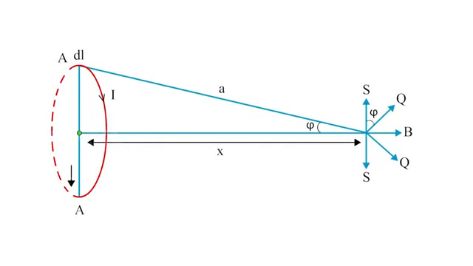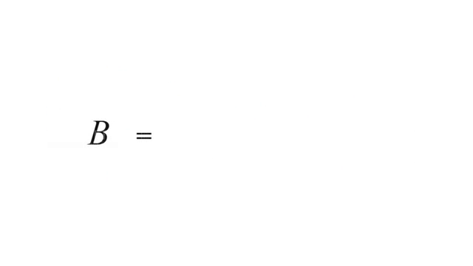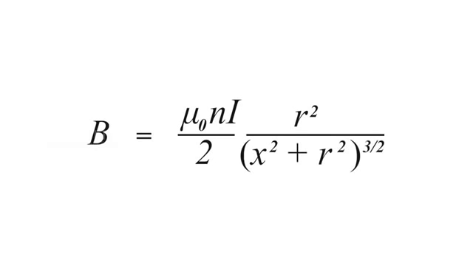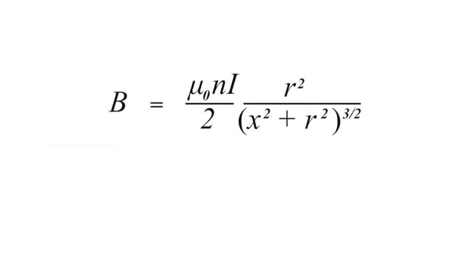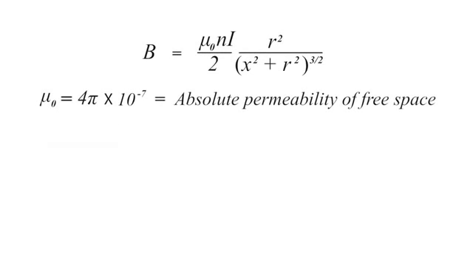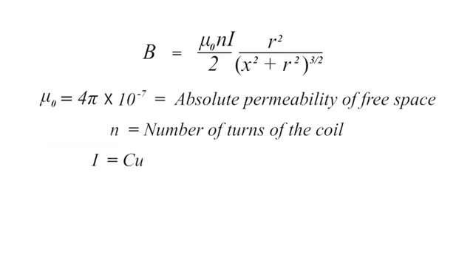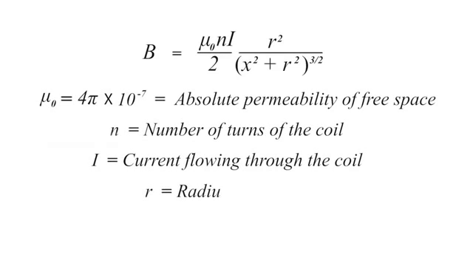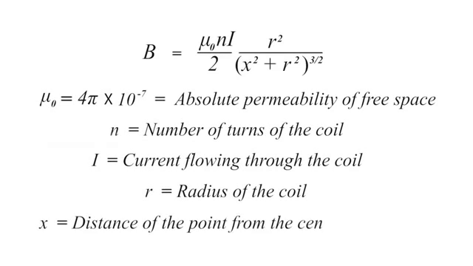axis of a circular coil of radius r having n turns is given by B equals mu0 N I divided by 2 into r square divided by x square plus r square the whole raised to 3 by 2, where mu0 equals 4 pi into 10 raised to minus 7 Henry per meter is the absolute permeability of free space, n is the number of turns of the coil, I is the current flowing through the coil, r is the radius of the coil, and x is the distance of the point from the center of